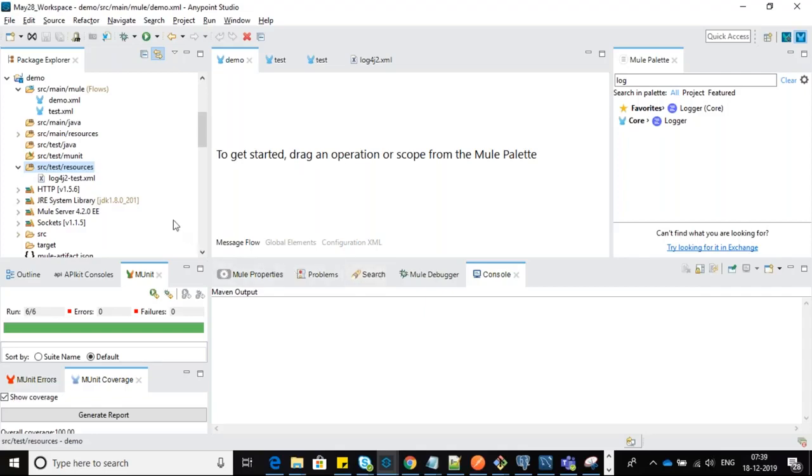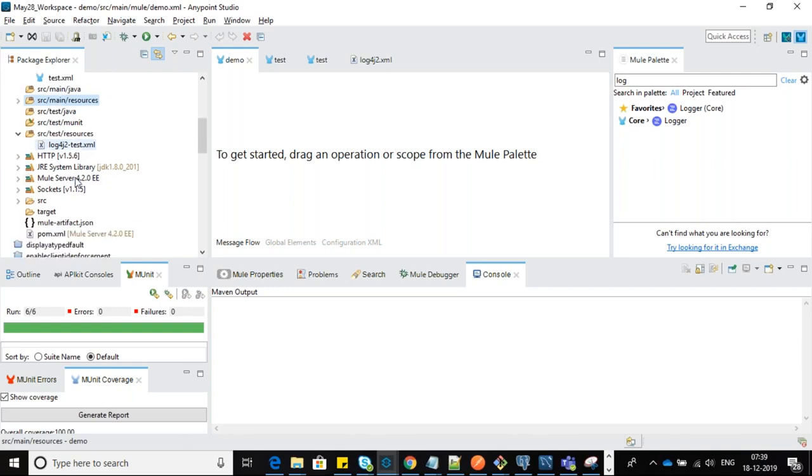When executing it, it might need the order sample example. So whatever samples we have, we have to keep them under src/test/resources, so that they will be utilized by every MUnit test.